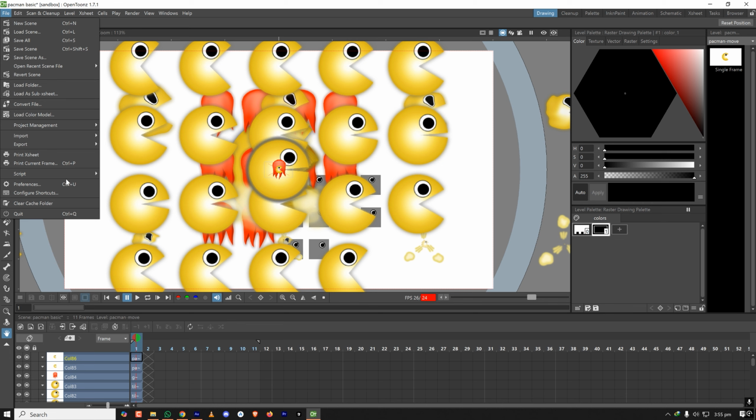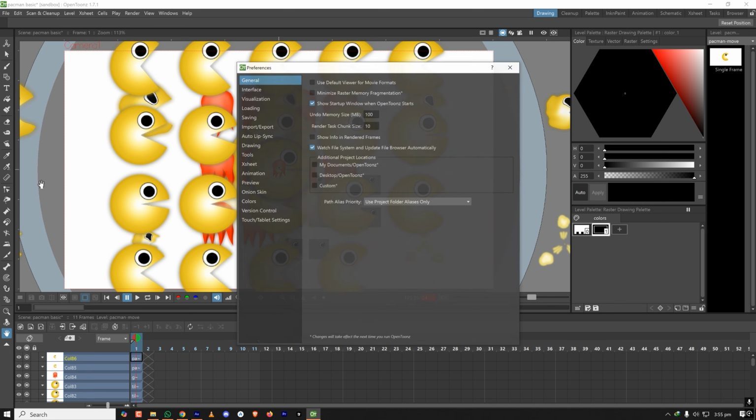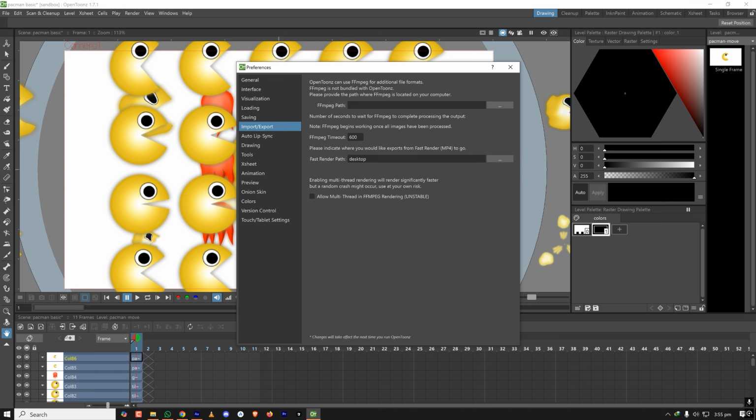So we have to go to preference and then import and export, and here we'll put the path for FFmpeg bin folder. Okay, so let's go to